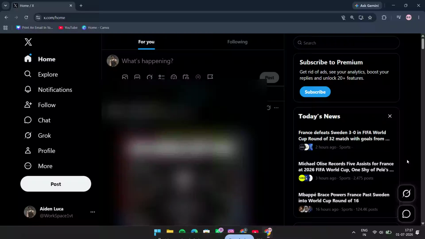If you want to clean up your search results on X, formerly Twitter, and remove blocked and muted accounts from appearing, this quick tutorial will show you exactly how to do it. This is a simple setting, but it can make a big difference if you want a more relevant and less